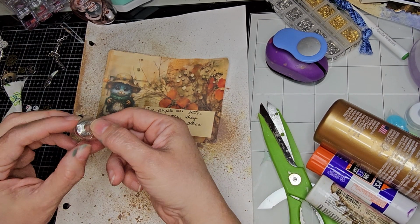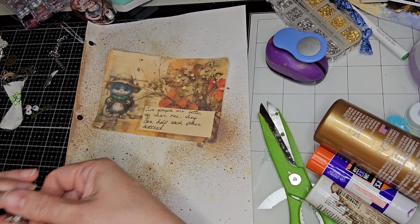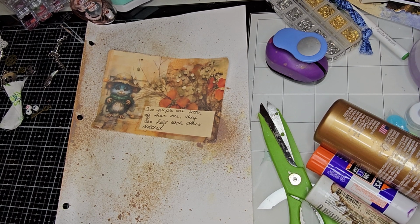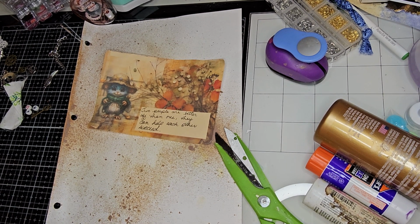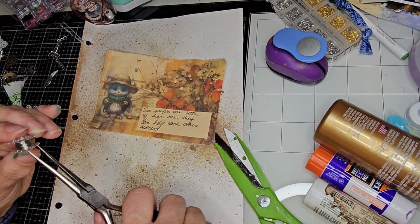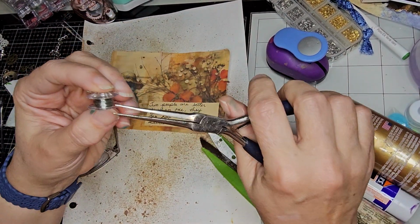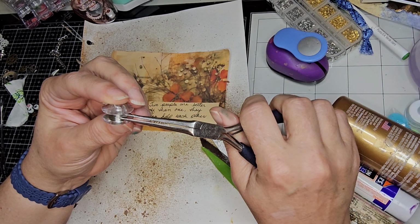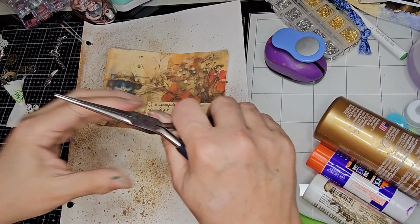Or maybe I'm just going to use the silver jewelry wire that I have. If I can get it off the bobbin. And I think sometimes you just have to cut it to get it off the bobbin. We're going to pull the length of this off if we can get it. Now this is hilarious, but I have to take off my glasses sometimes to see better close up. There we go. So I picked out some charms